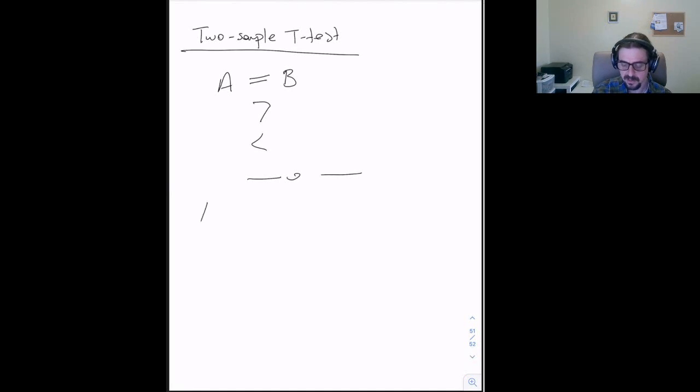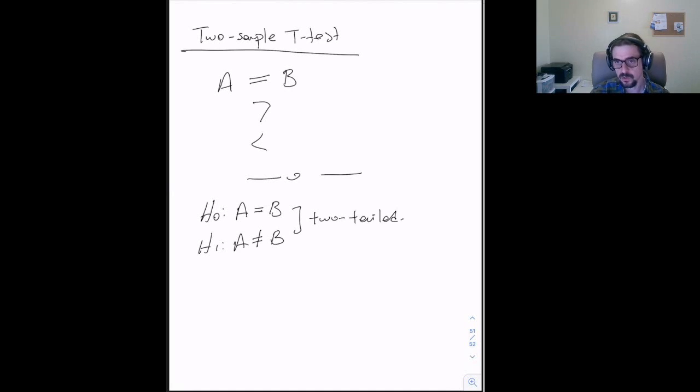We remember that the null hypothesis was the opposite of what we were testing. In that case, my null hypothesis is going to become A is equal to B, okay? And my alternate hypothesis, if you can disprove the H0, is going to be that A is actually not equal to B. This is the two-tailed version,